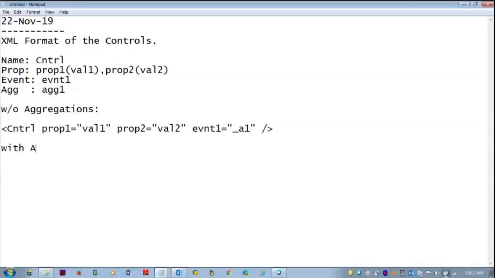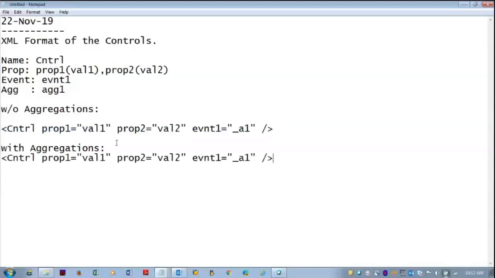And with aggregations, the same thing goes on, but here if you want to have any other controls inside the main parent control, you need to define that inside the agg1, and the child controls you can define inside it.